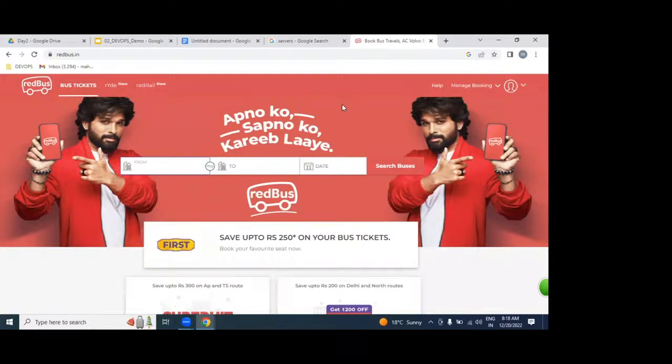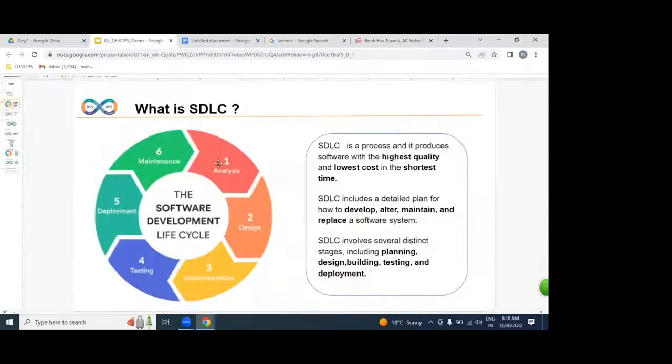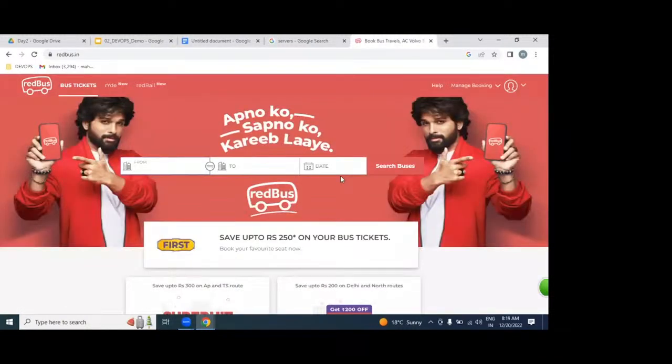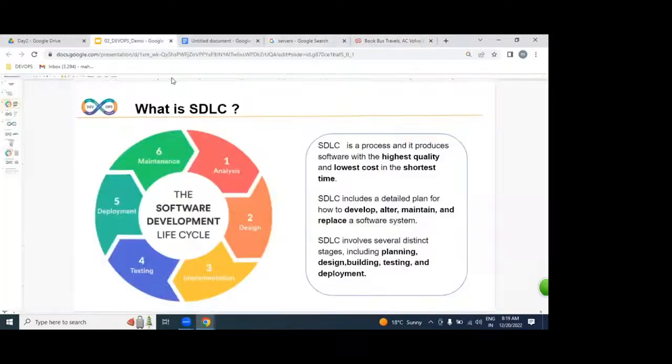So as a BA, business analyst, we are going to gather information from the business owner, who is nothing but a client. How exactly the login page is going to be, how exactly the registration page is, how exactly the dashboard is, which technology, each and every piece of information will be gathered.